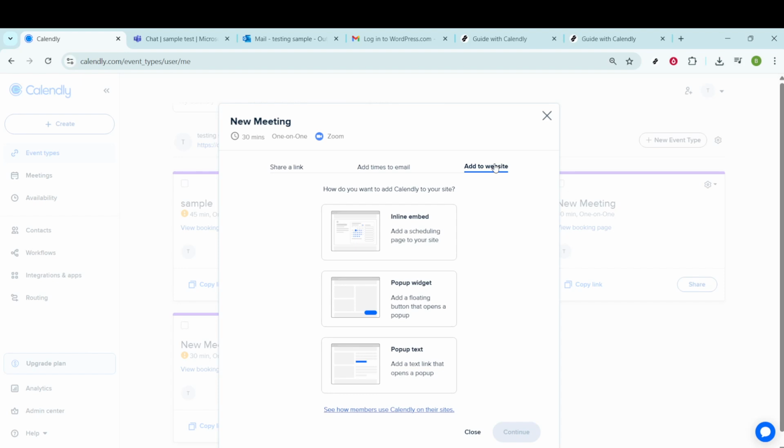When you click on Add to Website, you'll be given multiple ways in which the event can be embedded. In this guide, we'll focus on the Inline Embed option. This allows the Calendly widget to appear directly within your web page, clean and professional looking. It's especially useful for maintaining the flow and aesthetic of your site without popping up a new window or redirecting